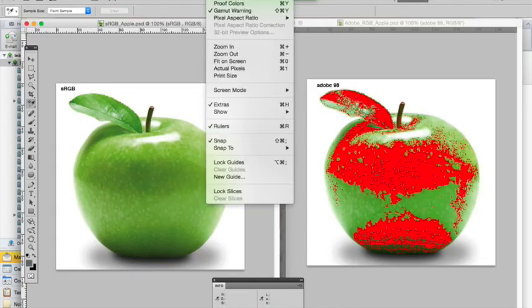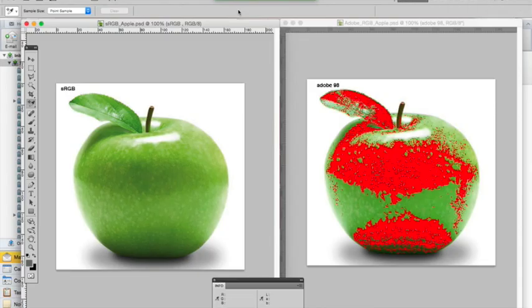And if I try to now turn that on for my sRGB, we see no red. So this gives us an indication that sRGB is nearer to a printable standard. So if we work to sRGB, you could say you're going to have less surprises,